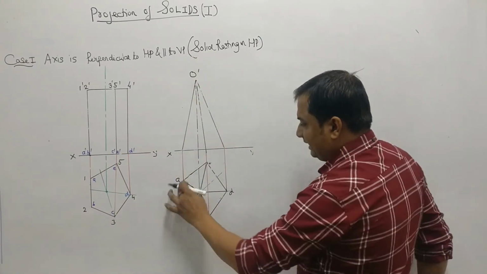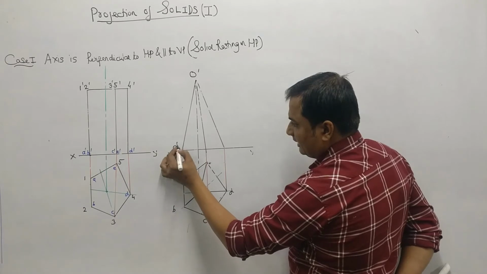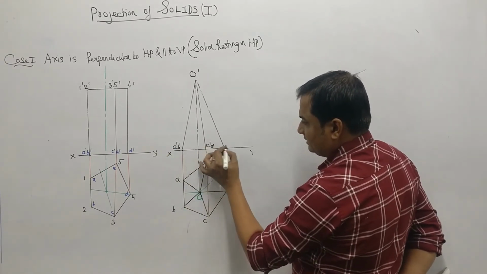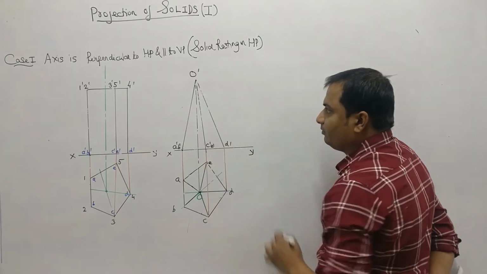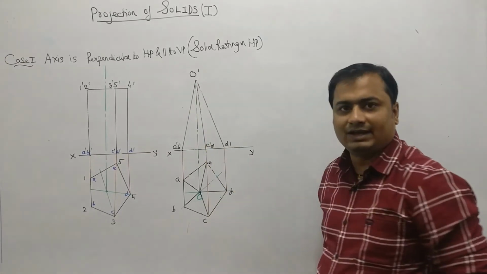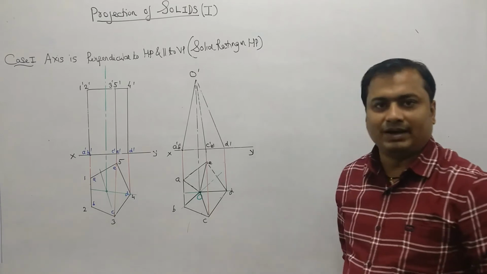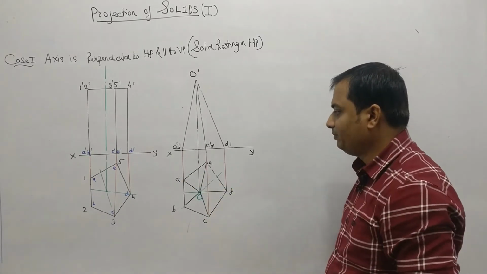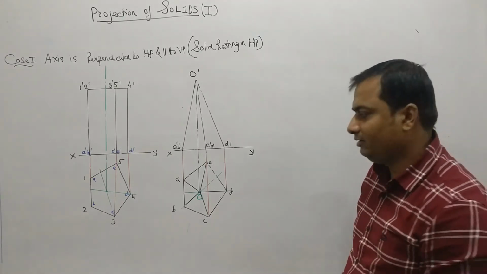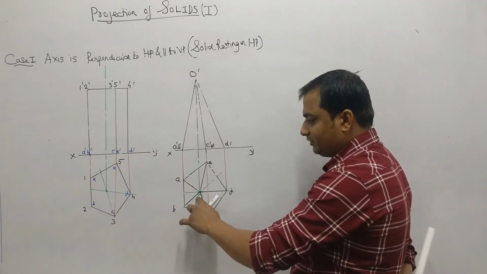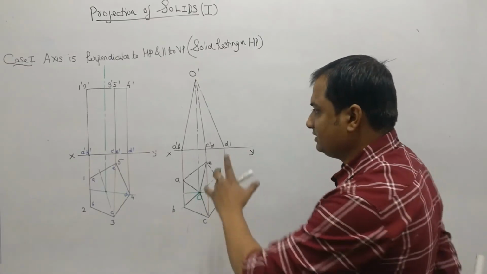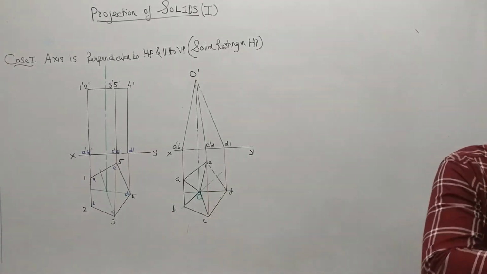And the naming will be A dash, B dash, C dash, E dash, and this will be D dash. Okay, so this is the front view, which is a triangle, and the top view, which is a pentagon, along with the dot, the centroid, and the longer edges visible from the top. So how I have drawn this is very important. First draw the top view, find the centroid, locate the vertex, then draw the triangle. So this is the second figure for the pyramid.